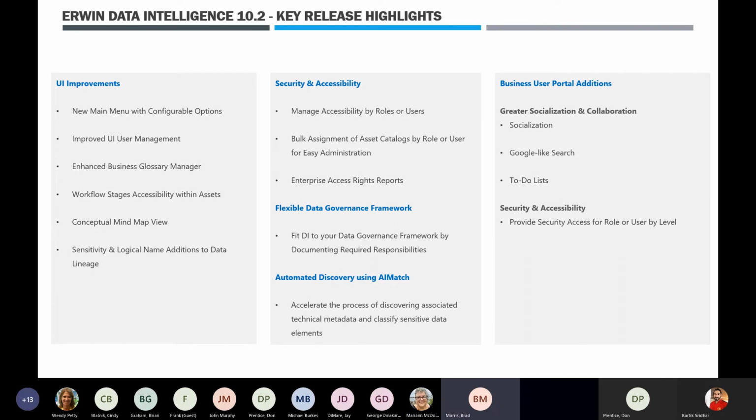Question, is there any change to the underlying plumbing, if I can call it that, with respect to connectors and such? For example, if we have existing connectors, will they have to be retrofitted into this new release? So yes, if you're already using any existing connectors, our automation team will ensure that you are ready. All those connectors will be certified from our end on the new release as well. So we will give you the go-ahead to upgrade to the latest release once all the connectors are certified, which is the standard path for any GA rollout. So you as the customer should have zero impact once you upgrade to the latest version.